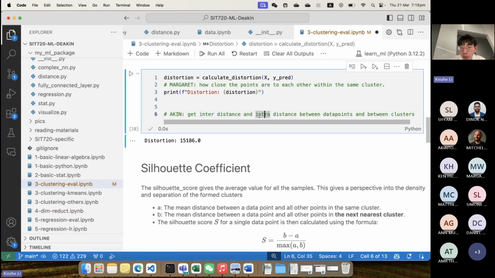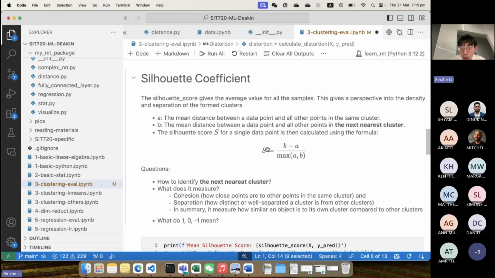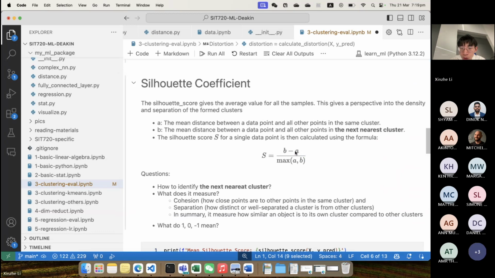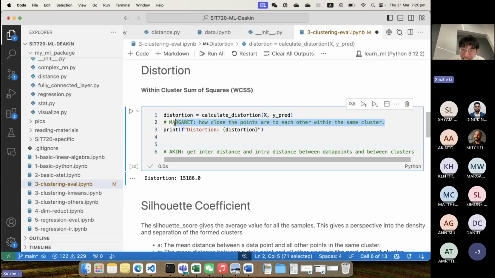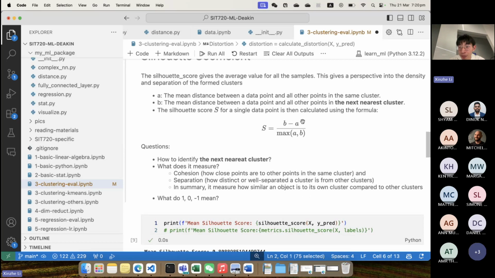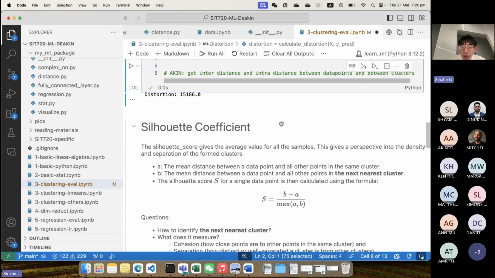Akin idea say, okay, intradistance first. Intradistance is something we care about in distortion score. This is A. You see, what's the A? The mean distance between a data point and all other data points in the nearest clusters. Now, Margaret, this is exactly what you are talking about. You care about the distance between each pairs of data points. Now you find the answer here. But this is only care about